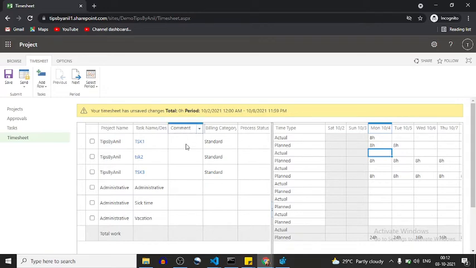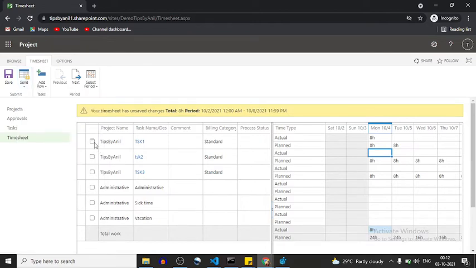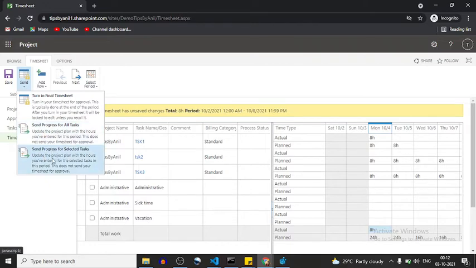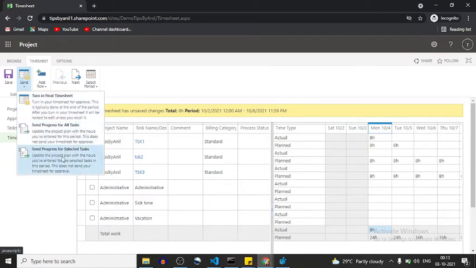Nothing is going to happen here, because if I want to submit this task for approval, I'll click send progress for selected task. This is send progress for all tasks, and this is turn in final timesheet, meaning on a weekly basis you can close this timesheet. For now I'm going to do the daily progress.